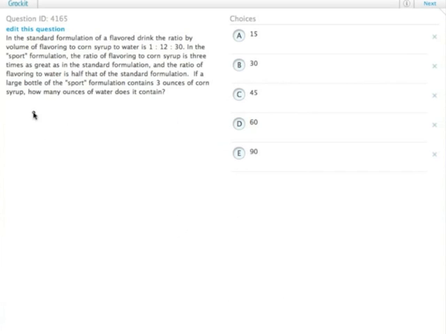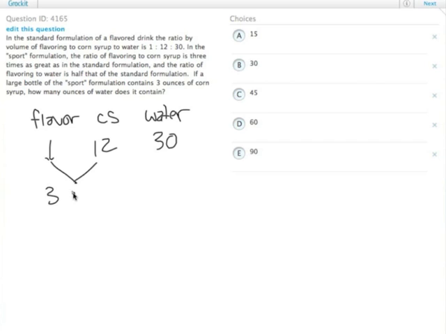So we have the standard formulation of flavor to corn syrup to water, and that ratio ends up being 1 to 12 to 30, like it says in the problem. There's a sport formulation, though, where some of these change in respect to each other. We find out that the ratio of flavoring to corn syrup, so that's these two here, is 3 times as great as the standard formulation, so that ends up being a ratio of 3